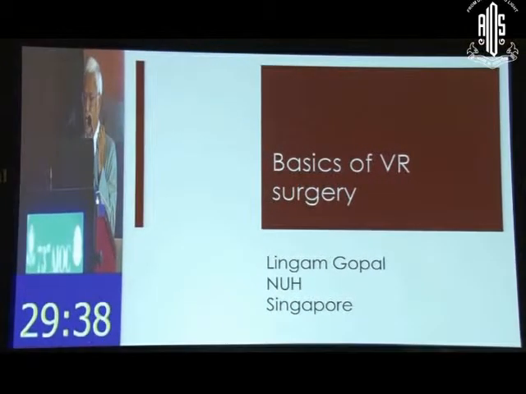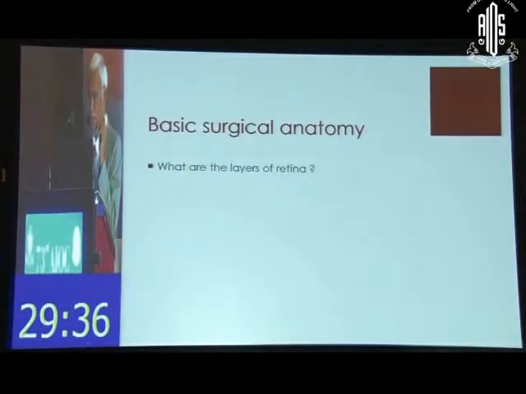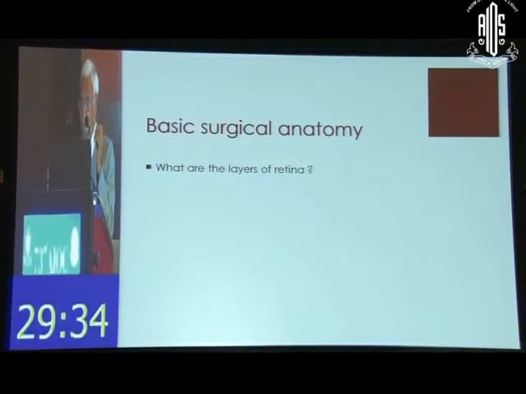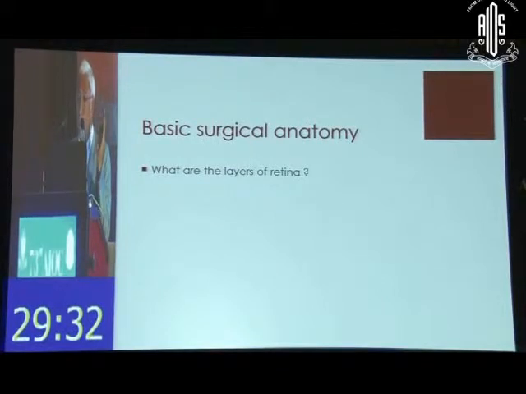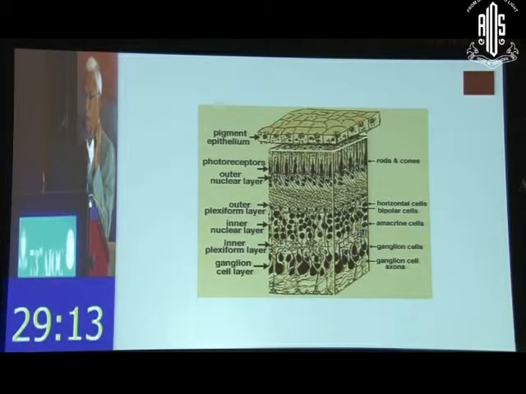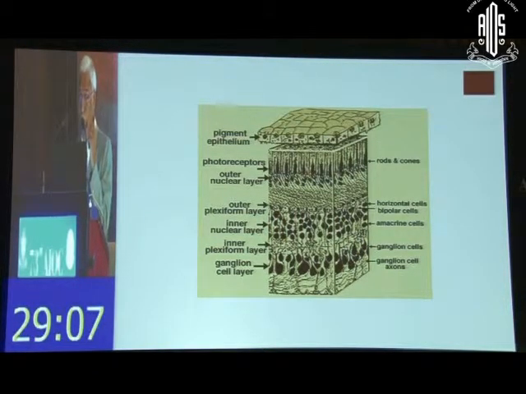So to deal with that, let us start with absolute basics first. What are the layers of the retina? It may sound stupid, but I think it is rather important that we know what part of the retinal layer is facing the vitreous, what is facing the retinal pigment epithelium, and what is in between. These would be important for us to understand certain aspects of vitreoretinal disorders themselves, not necessarily surgical disorders. So just to quickly go over them, for want of time, I don't think I'll be able to ask individuals to give the answers.